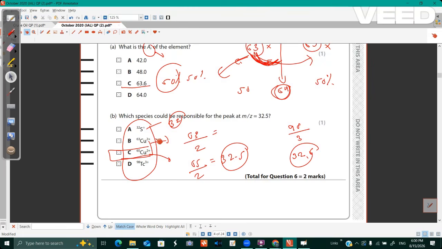So by looking at the answers, you should be able to decide which 2 answers have more probability of being selected. Between those 2 answers, you should pick carefully. So always look at all the combinations. Train your mind. Just because you feel like it is sulfur, but if you look at other answers also, see, why not these? These are also giving closer values. All these are giving something around 32,